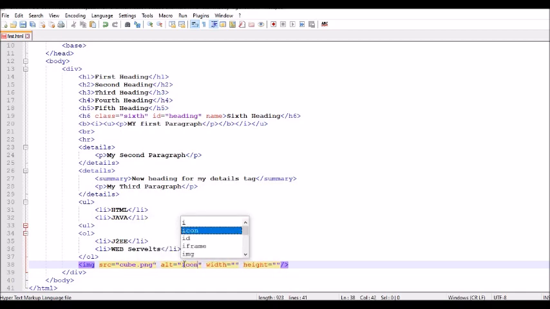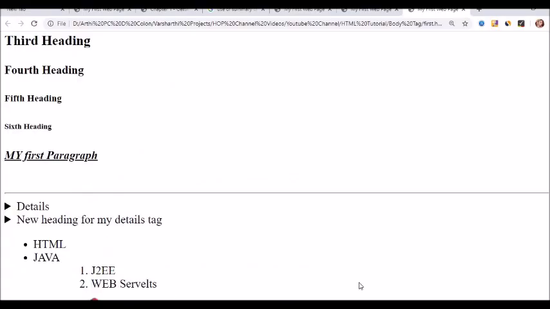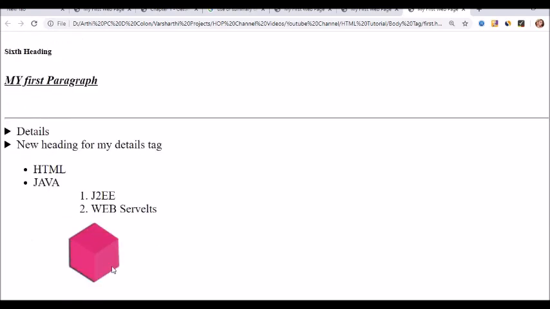So I'm just going to provide some user defined text for the alternative text, and width and height, say width is 100 and height will be 100. So the image appears here, right? Similarly, you can add any kind of images.